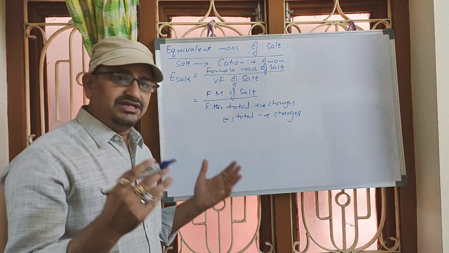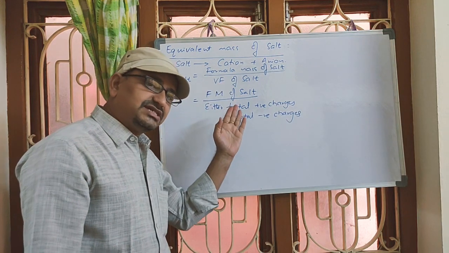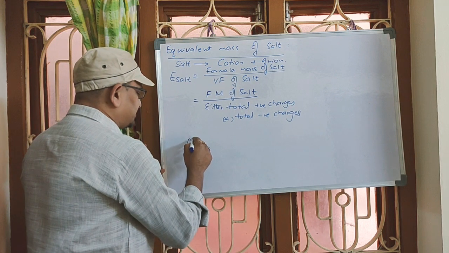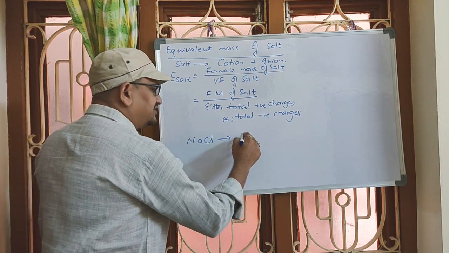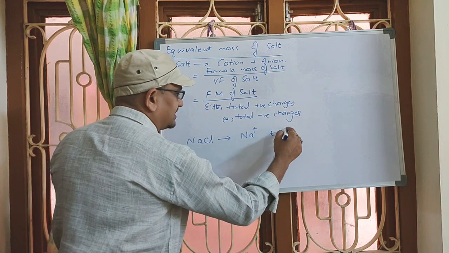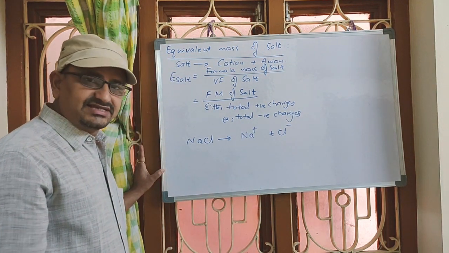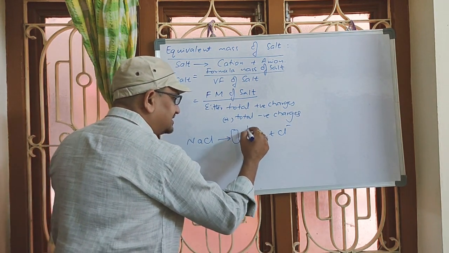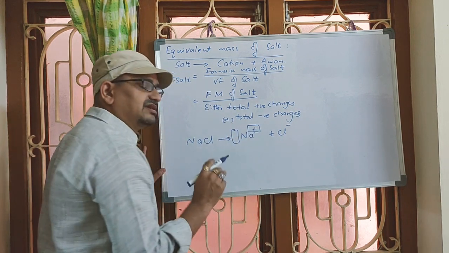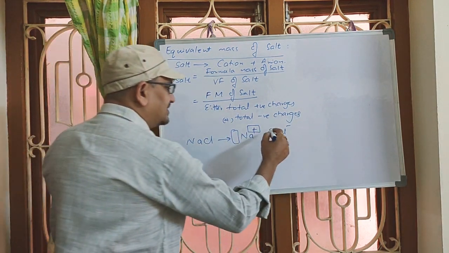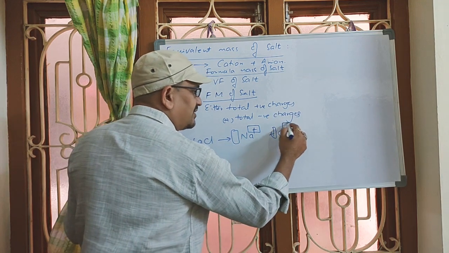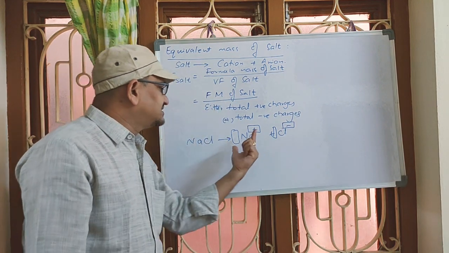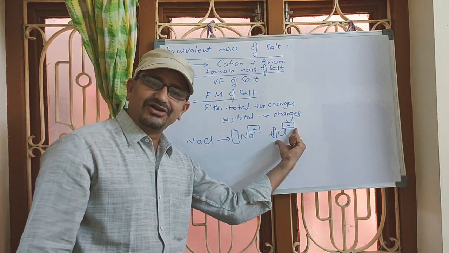Usually in a neutral salt, total number of positive charges will be always same as total number of negative charges. For example, you take sodium chloride, which dissociates to give Na+ and Cl-. How to count these positive charges? You know, this is called the coefficient and this is called the power. Coefficient into power gives us total number of positive charges. Similarly here also, coefficient 1 into power gives us total negative charges. Means for a salt, valency factor is nothing but either this product or this product.